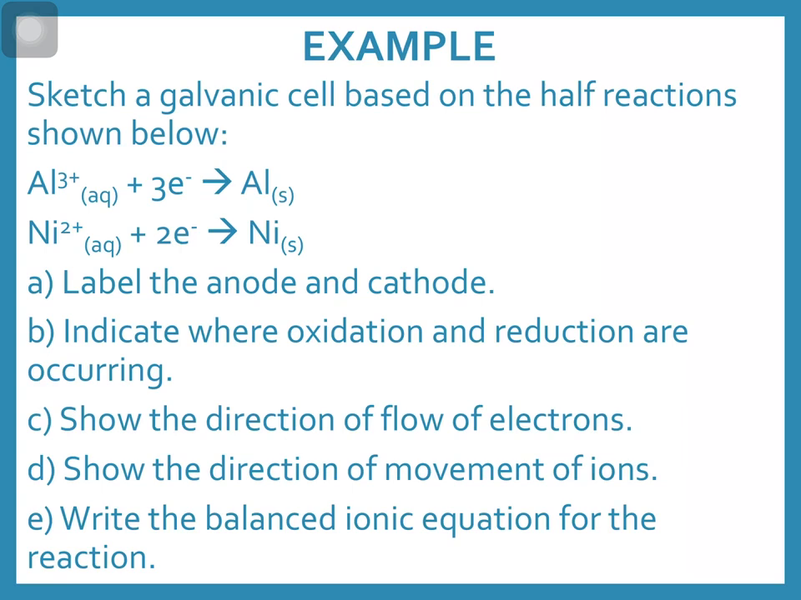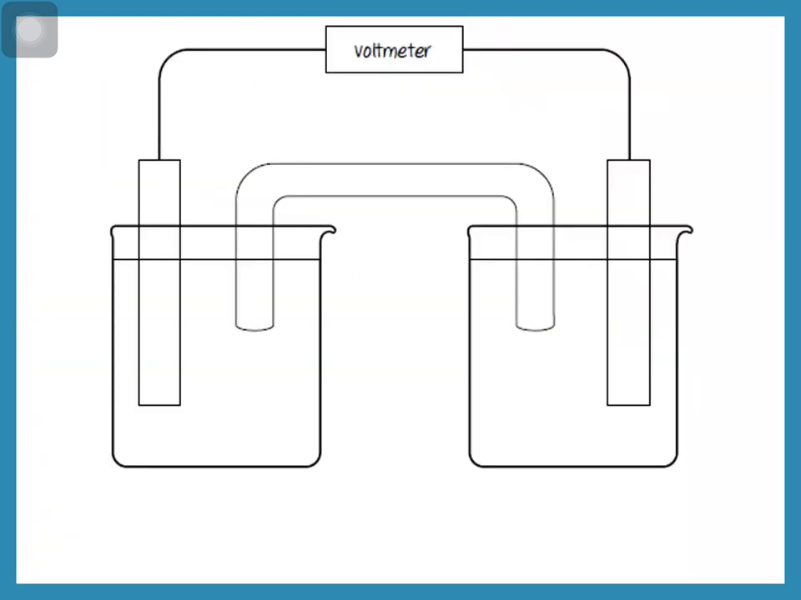So we're going to figure out which is which, label the anode and cathode, then indicate where oxidation and reduction are occurring. We're going to show the direction of flow of electrons. We're going to show the direction of movement of ions in the salt bridge, and then write a balanced ionic equation for the reaction. So the first thing we'll do, we had aluminum and then nickel. So I'm just going to say this is aluminum and this is nickel. In the back of the textbook in Appendix B on, I believe, page 748, although it's listed later on in the slides,